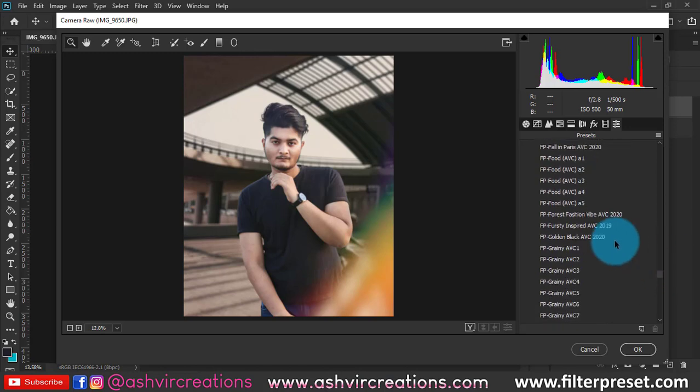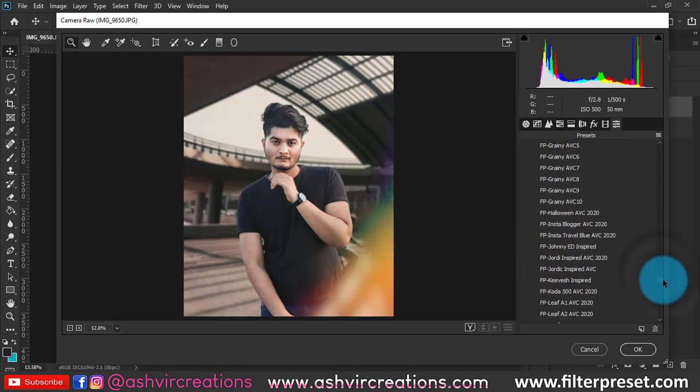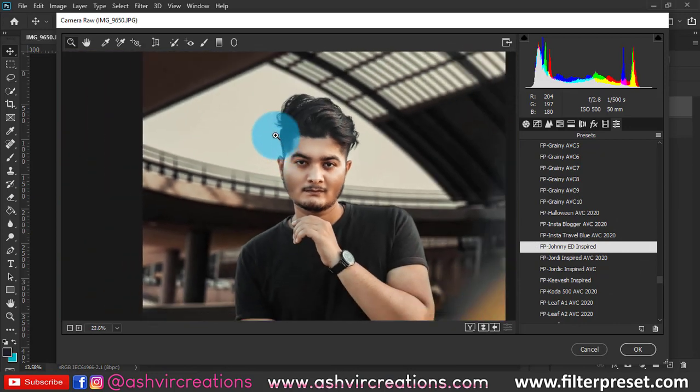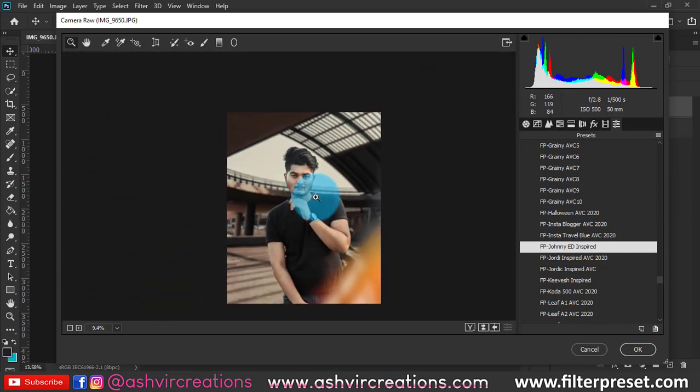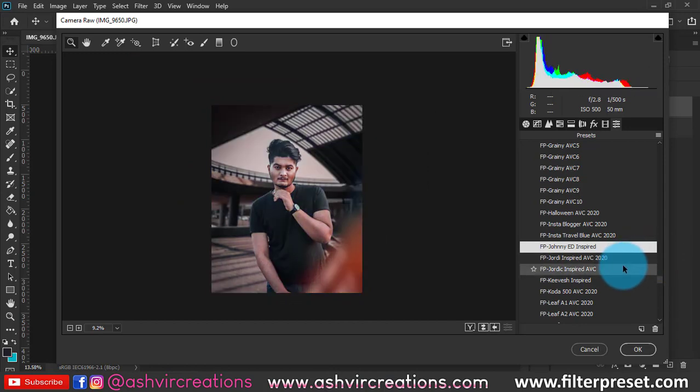Let's take this golden black. No, this one is not looking kind of cool. Let's add this Johnny Adlin inspired. So this one is also looking so cool, guys, right? So you can apply this preset, or either we're gonna just apply the